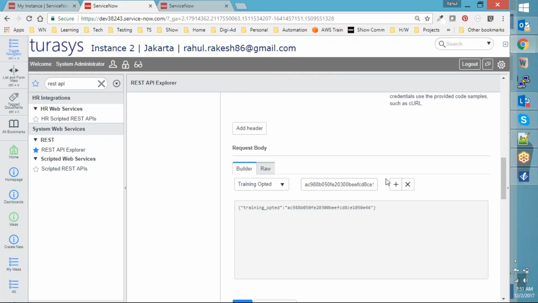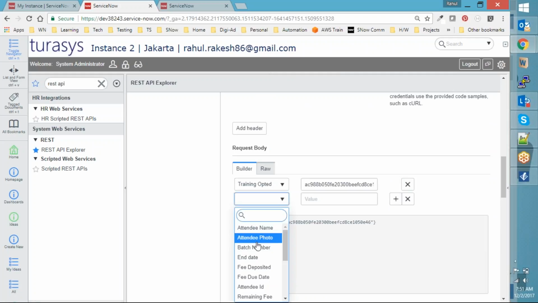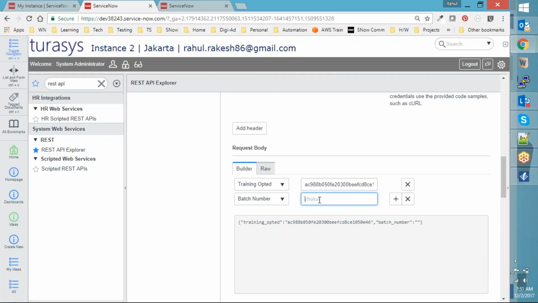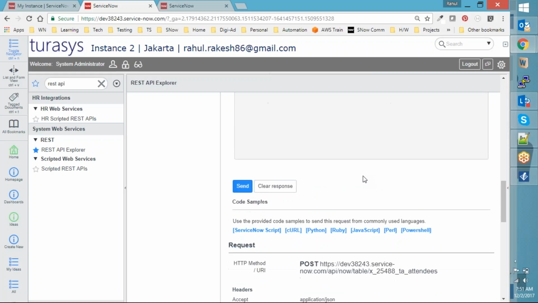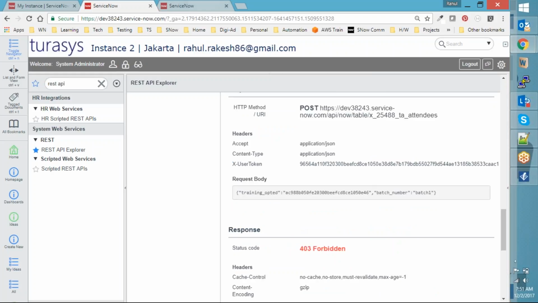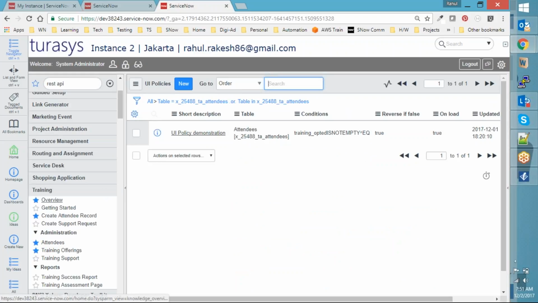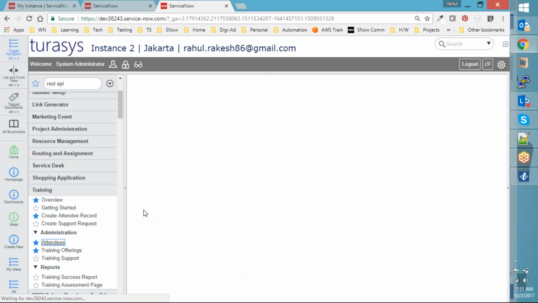And batch number right now doesn't have any value. Let's keep this as batch one or something, and see if it pushes that value in. It's still forbidden. So what we'll do is go back to the attendees form